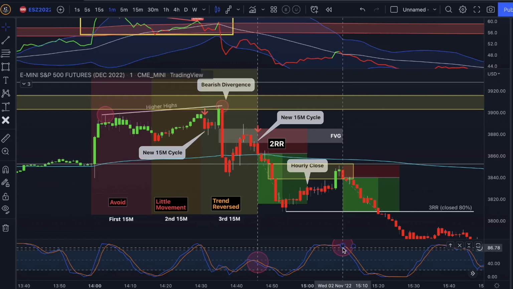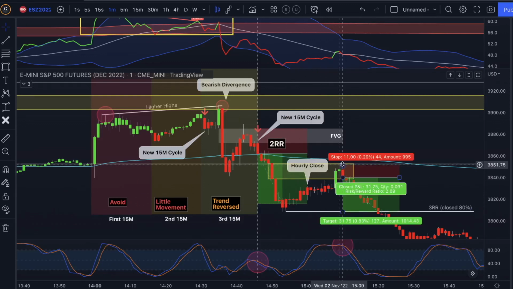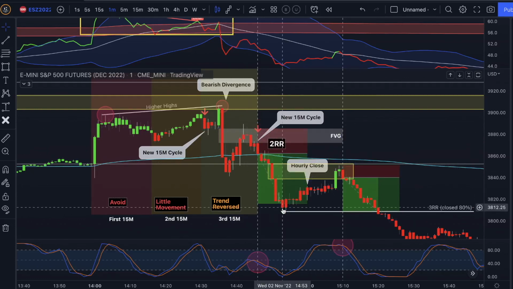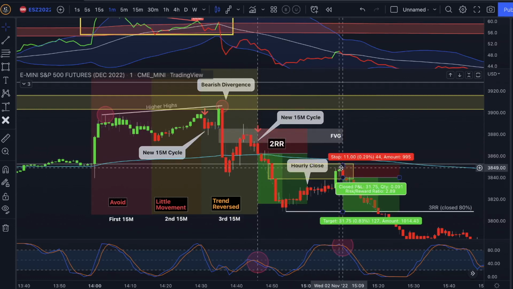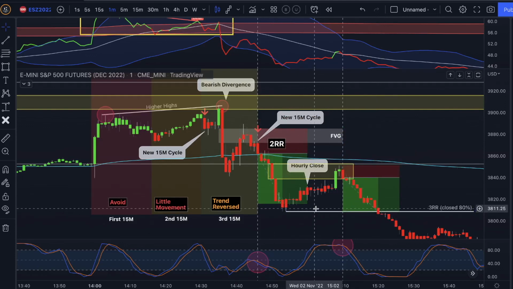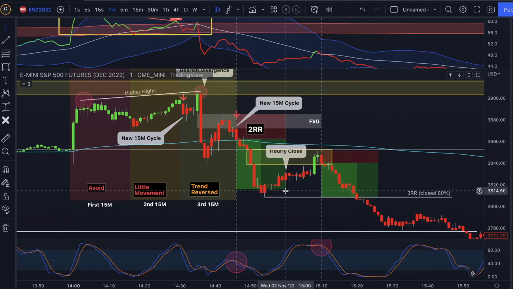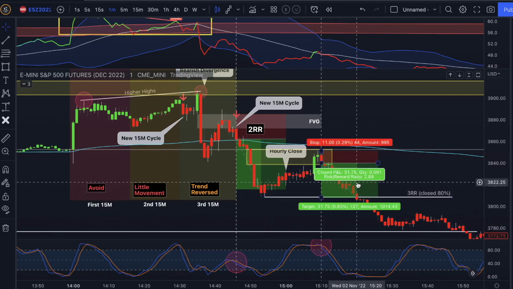And that's my setup. I was waiting for exactly this trend continuation of a lower high, lower low, lower high, continuing to take this down until it breaks the structure. Usually I like to let it run a little bit longer after we break this low, but I'm already happy with a 2.89 risk reward, so